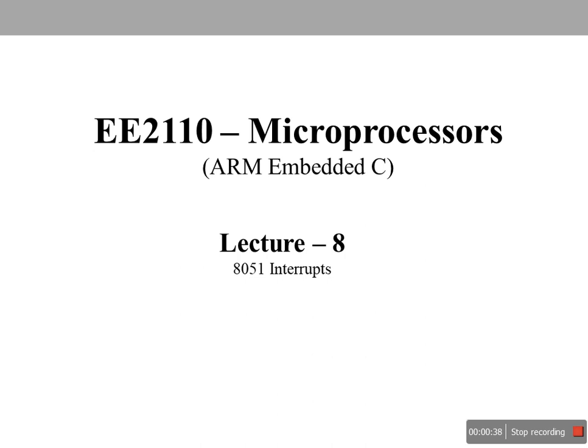Interrupts are basically a mechanism by which we can draw the attention of a microprocessor to a certain activity. To be specific, when a microprocessor or microcontroller is executing a certain routine in a sequential way, whenever an interrupt mechanism generates an interrupt, the microprocessor or microcontroller will leave its regular execution and come to a specific code that is directed by the interrupt. It executes that code, serves the device, then goes back to its normal routine.